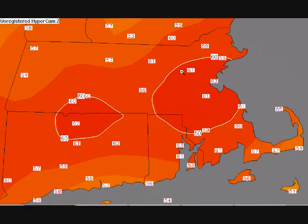Take you into the Massachusetts area and southern Connecticut area. You can see temperatures well into the 60s. 60 in Taunton, 60 pretty uniform around here. Wayland 60, Andover 60. We're in the lower mid to upper 50s on the Cape due to that wind. But all in all, it was a good afternoon, but the clouds are streaming in now,